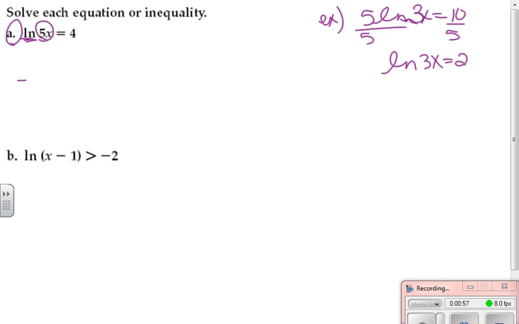So I'm looking at e to the ln of 5x is equal to e to the 4th power. Well, e to the ln cancels, so 5x is e to the 4th power. So that means that x is e to the 4th power over 5. When you go to your calculator and take e to the 4th power divided by 5,